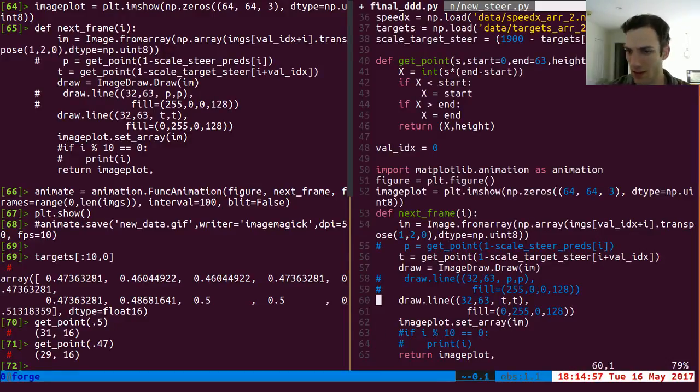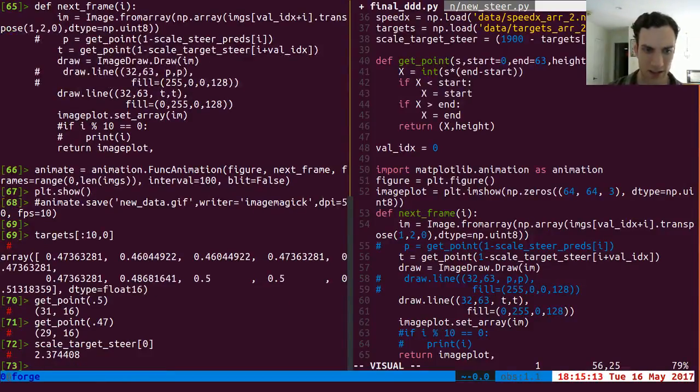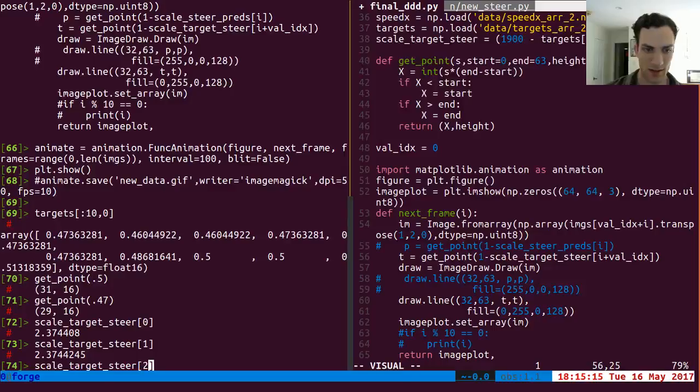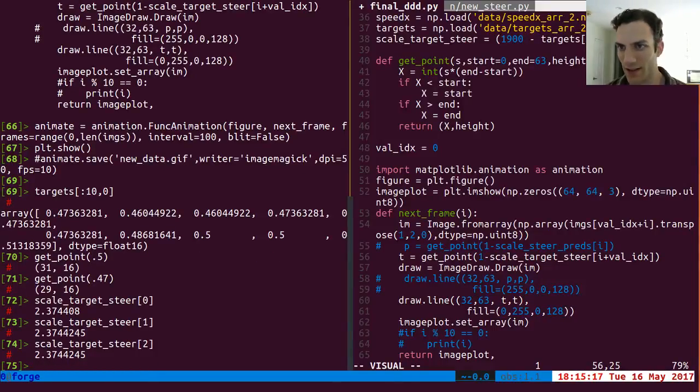T comma T. This is drawing a line. Oh, I'm doing this wacky scaling business. Oh boy, oh boy, oh boy. So scale target steer of 0, 1, 2, I mean those are all almost nothing. How did I come? Those targets must be different than the targets I'm expecting. Those look like,